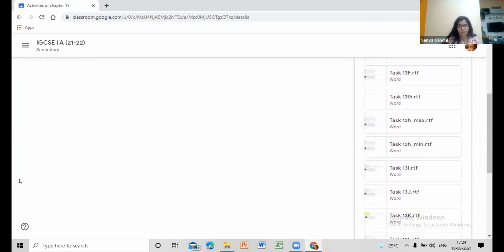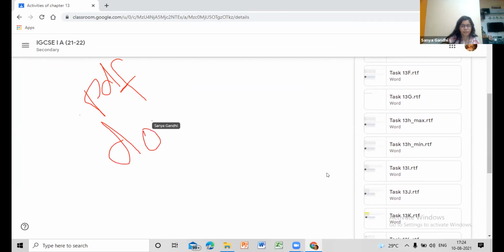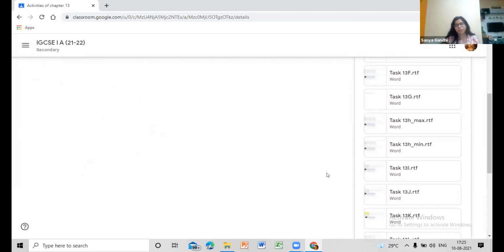Okay, this is fine. There are two points: either she'll ask you to submit in PDF format, or she'll have a problem with Google Docs because it might open in Docs. So these are two terminologies that she might use, and if you have any doubt regarding that, you can contact me. Any doubt? Any issue? No. All right.